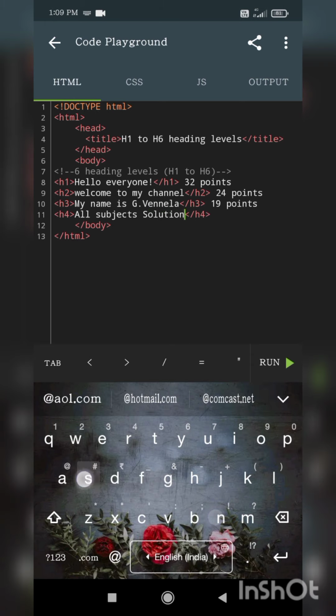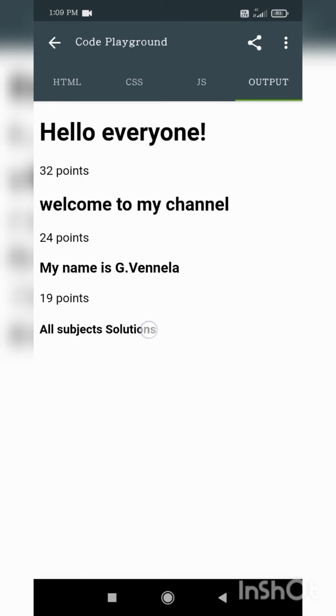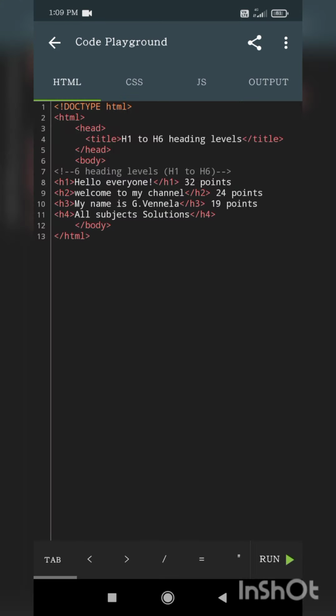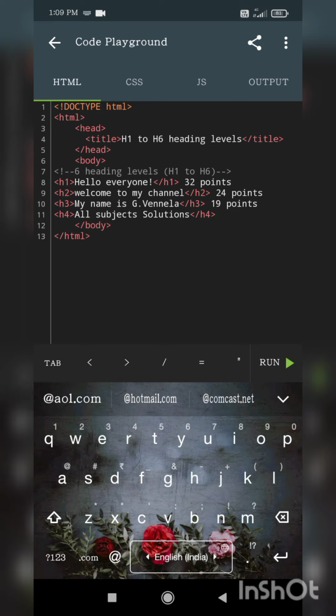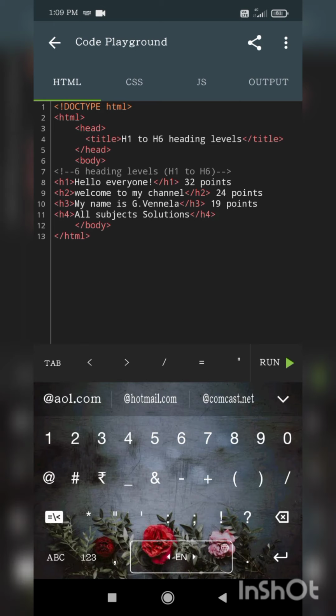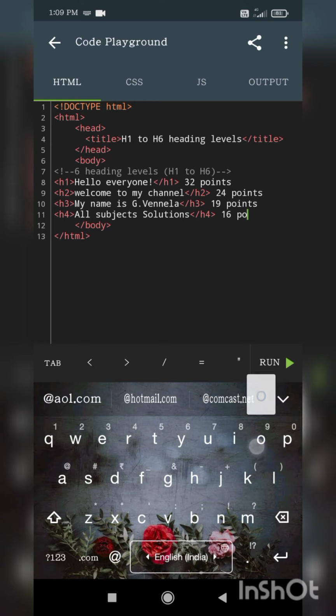Okay, so let us see in output. See, here you got the output, and the value of this H4 tag is 16 points, my dear friends. Okay, see here the points value is also decreasing, whereas the number of the tag is increasing. H1 is bigger than all other tags.